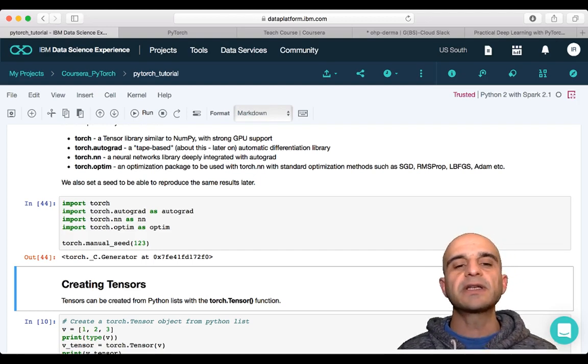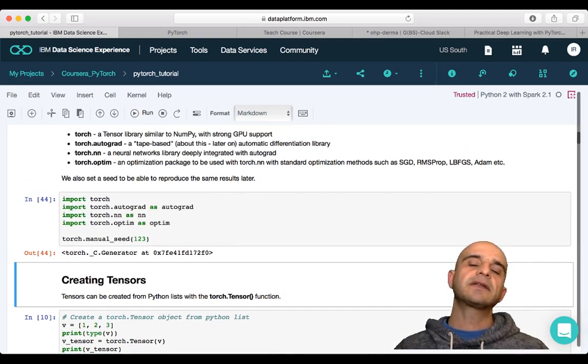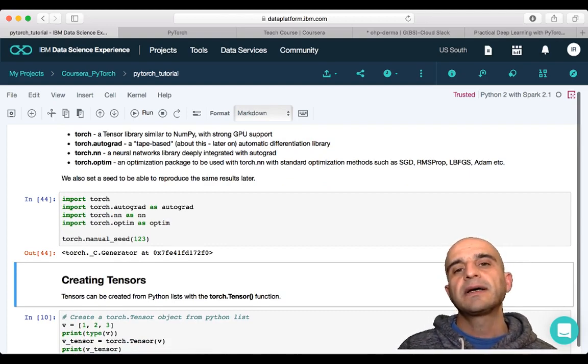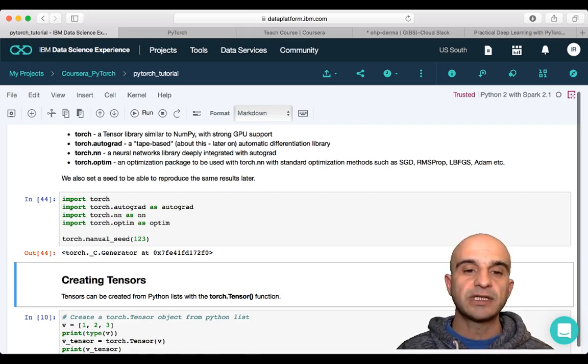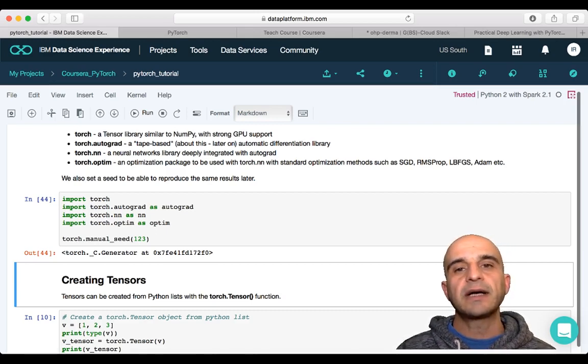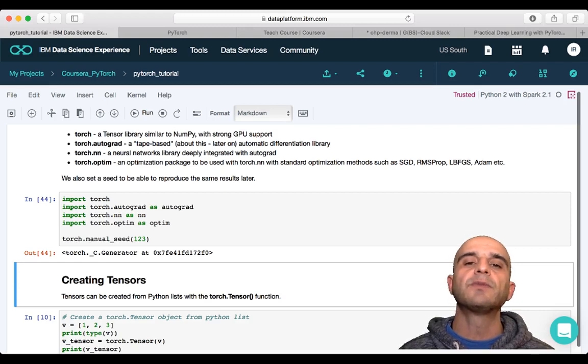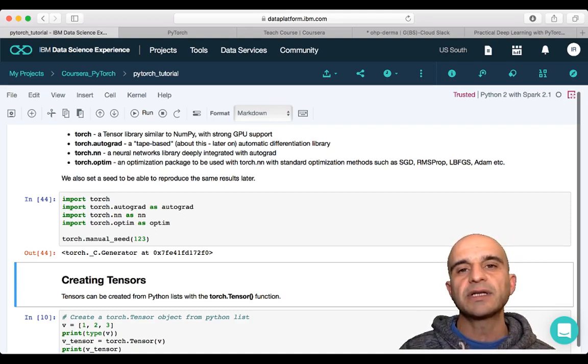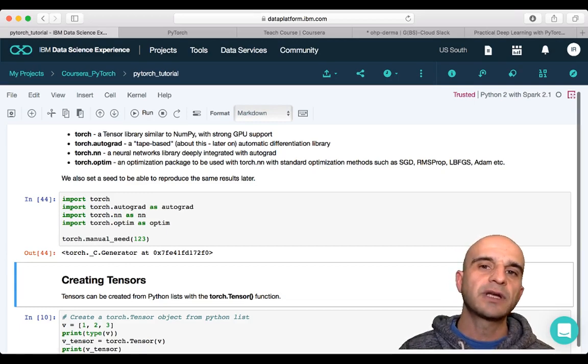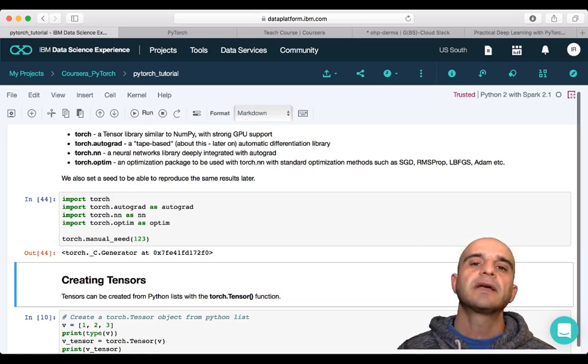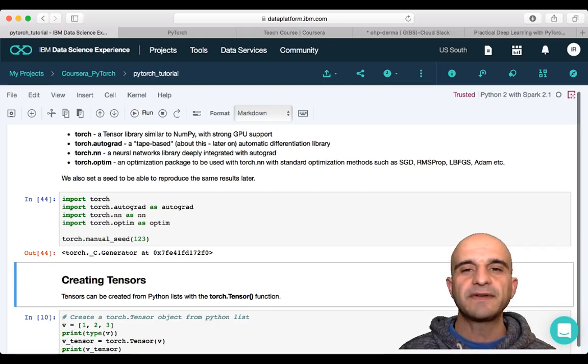I just wanted to mention that all those introductory sessions I'm basing actually on the official PyTorch documentation, but I will try to give you a little bit more insight into what is the meaning of things, especially if we are speaking about high dimensional arrays, and if we're talking about autograd and so on. It could be a little bit confusing, so with this introductory session I think everything